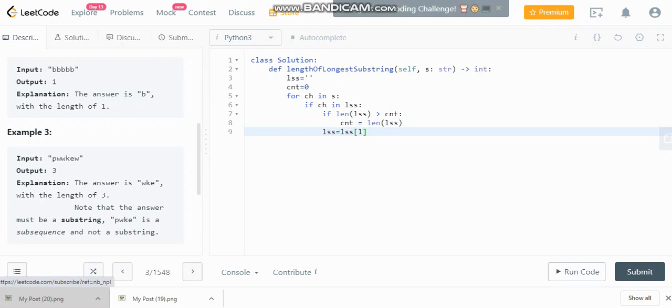With this I will get the first index of my repeating character, and then I will increment it by one position, and from that position I will slide the window of that string.